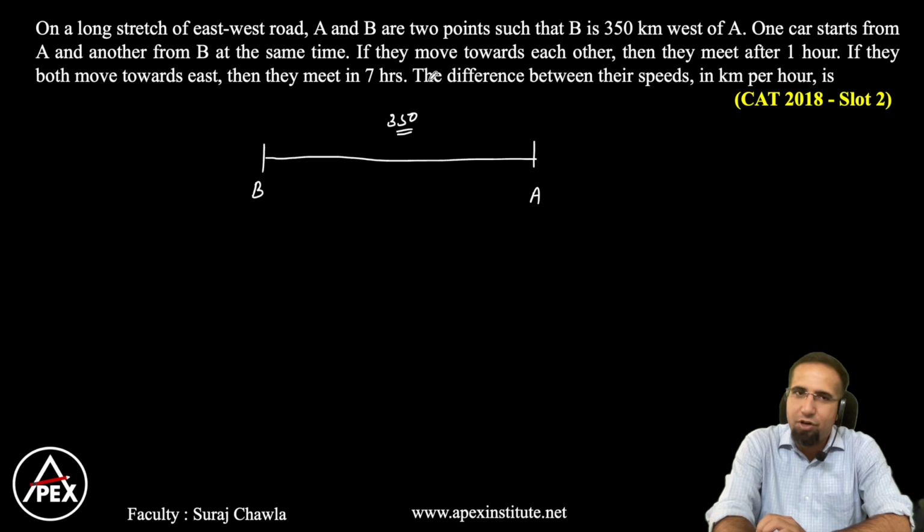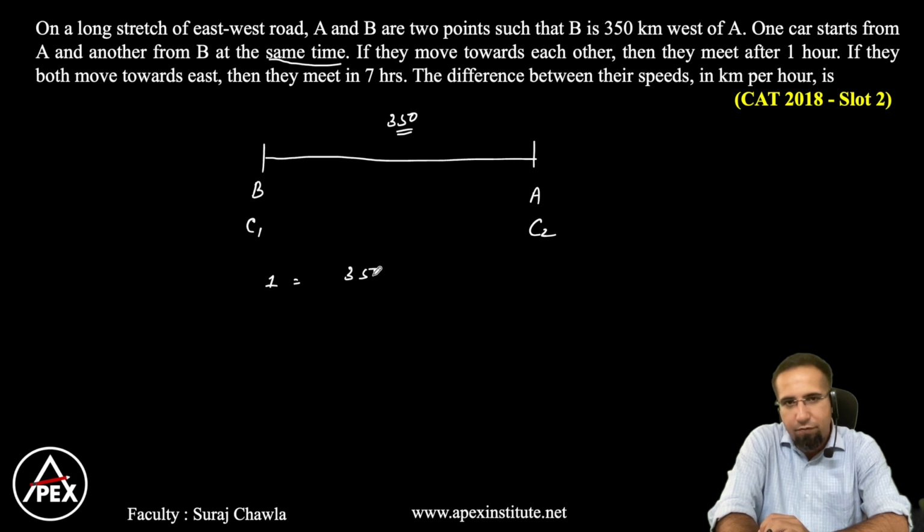Clear, the distance separating them is 350 because both of them are starting at the same time, right? So, car 1 is starting from here and let's say car 2 is starting from here. Since they are starting together, the relative distance here becomes 350. So, time taken to meet, that is 1 hour, is equal to relative distance, that is 350, divided by, since both of them are moving in opposite direction, that becomes speed of car 1 plus speed of car 2. Clear? Or from here we get speed of car 1 plus speed of car 2 is equal to 350